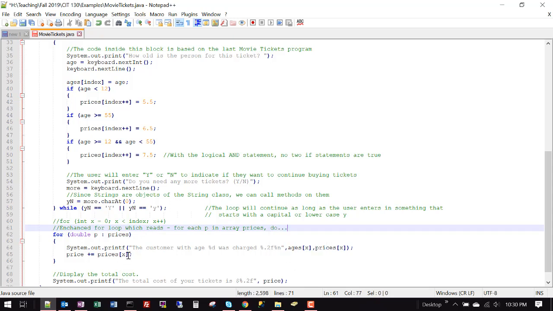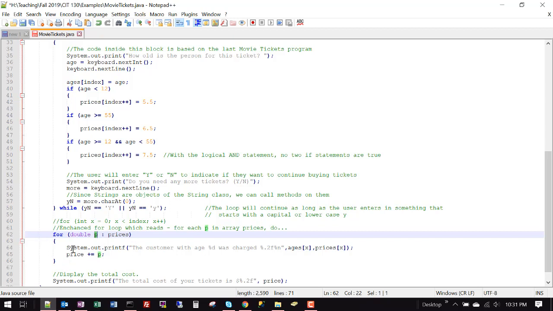And what we'll do here is change this to P. So what we're doing is basically go through the entire prices loop and grab each value and store it temporarily in P. It creates a very